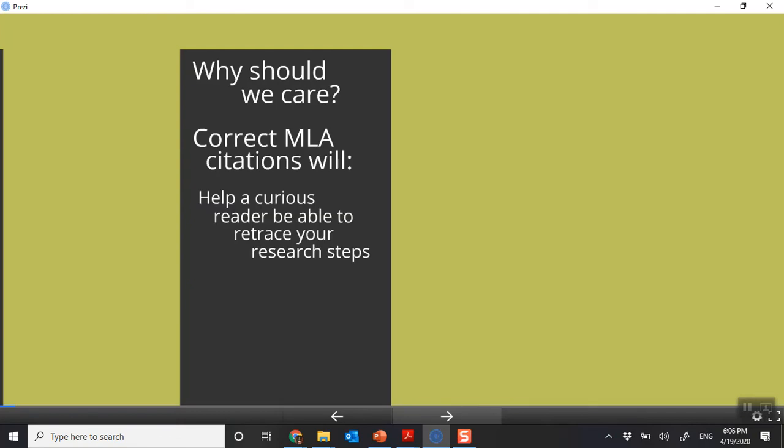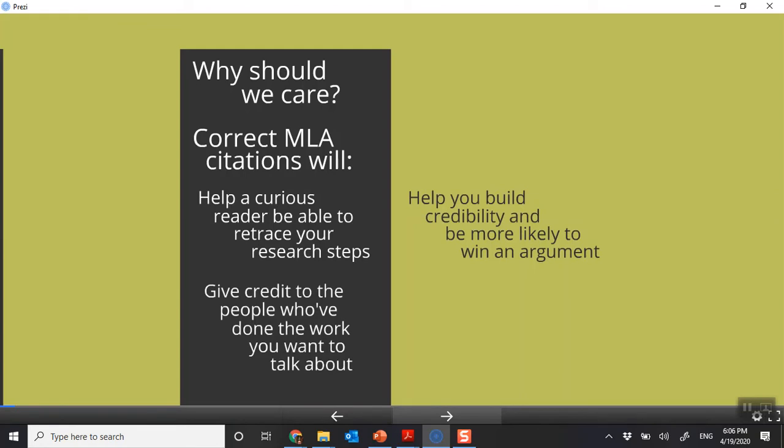Why do we care? They help a curious reader retrace your research steps. They help you build credibility because you're using the language, technique and style that academics use. You give credit to people who've done work that you want to talk about, and you avoid the big one, plagiarism.